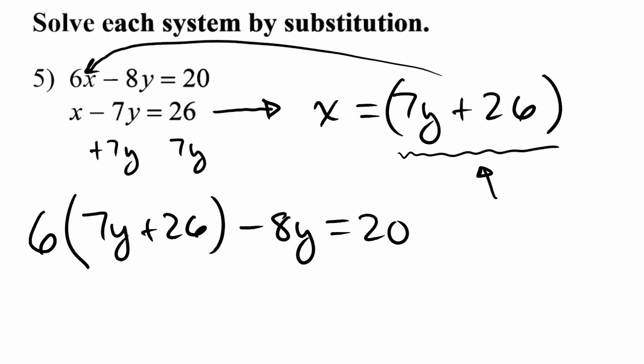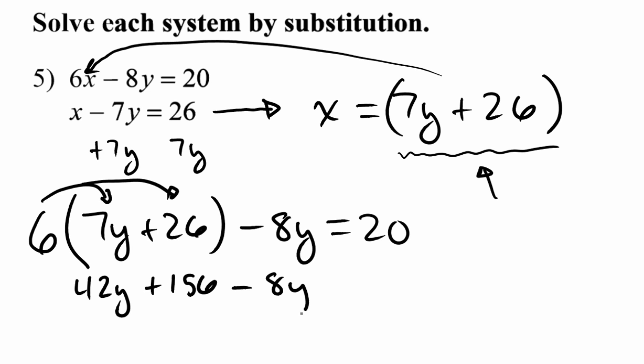I'm going to use the distributive property here to get rid of the parentheses. Of course, 6 times 7 is 42, so I've got 42y. And I also need to distribute the 6 to the 26. 6 times 26 is 156. So plus 156 minus 8y equals the number 20. I'm going to combine a couple like terms. On the left-hand side, I have 42y and negative 8y. If I take 42 and I subtract the 8, that gives me 34y. So I have 34y, not 3y, 34y